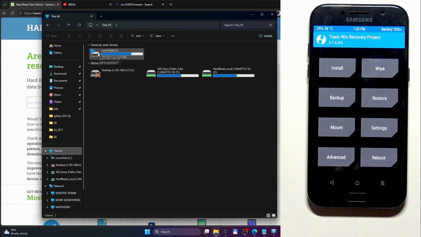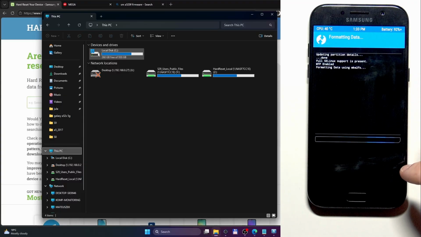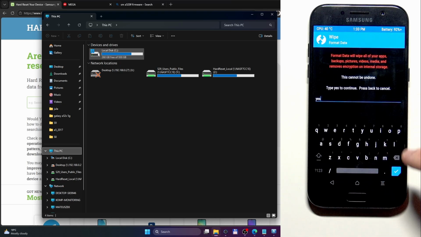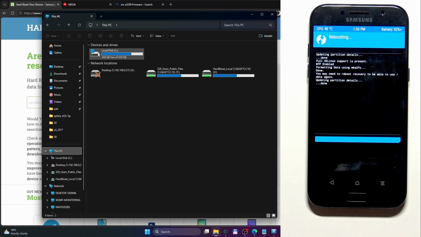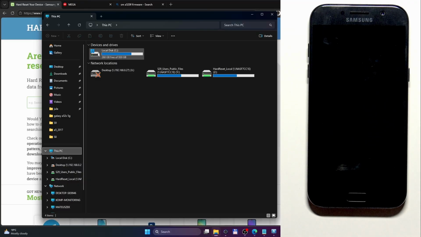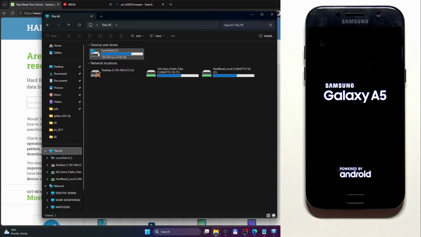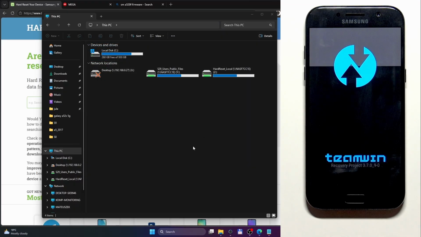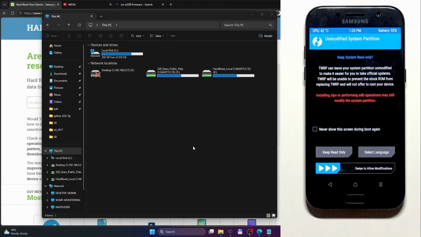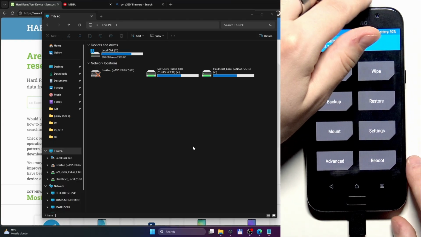If it doesn't, we can click on wipe, format data, again we can type the word yes, and let's reboot to recovery once again. You can also close the Odin. Now swipe, connect,